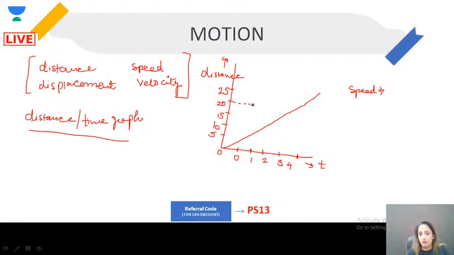Just we will plot the distance against time. So it will be distance by time, right? And we can calculate the speed of the object. So this is the very simplest, very basic graph that we use in our physics. All right, so now we know that we call distance covered